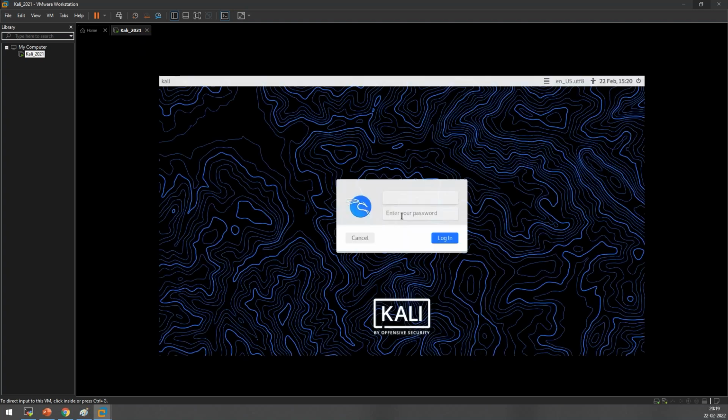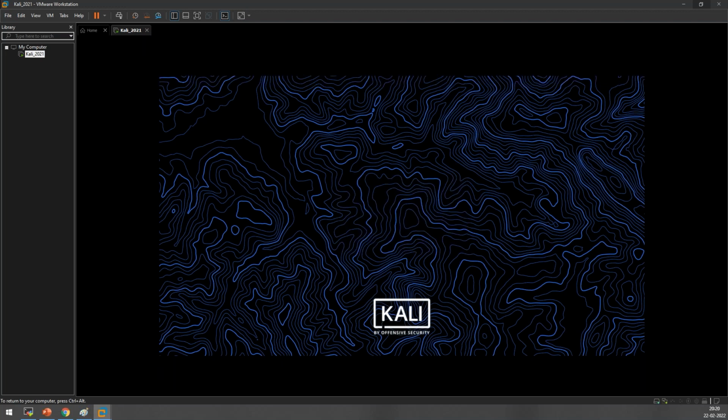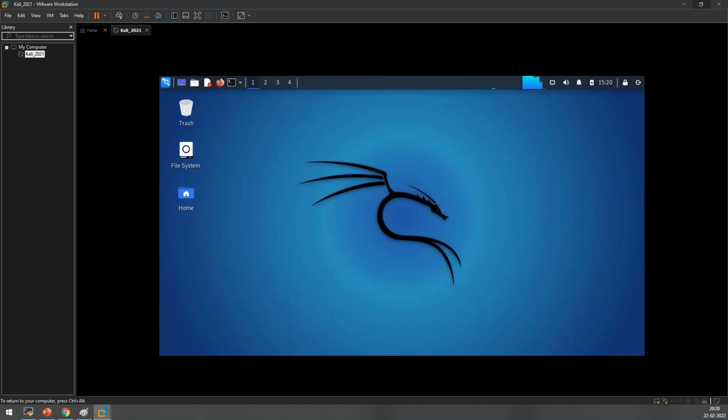Anyway, I have just got the screen. I'm typing the username and password. I'm going to log in. So once I log in, it is a separate computer. Whatever things I do on this computer will be inside this Kali Linux machine only. It is not in my physical machine. So I can browse the internet, I can open terminal, I can do whatever things I want. This computer will be entirely separate, entirely different, right? This is the concept of virtualization.